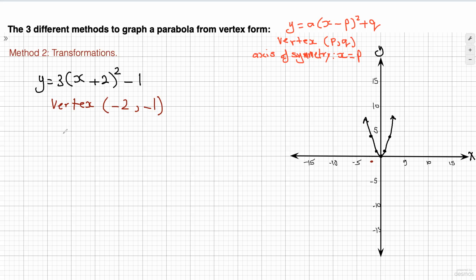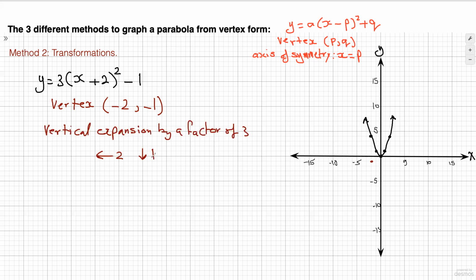Now, what we have here, if we look at this graph and you want to use transformation, this 3 here means a vertical stretch or expansion by a factor of 3. So basically multiplying all the y coordinates on every point by 3. And then the graph, if you look at this, x plus 2 means the graph moves 2 to the left, plus 2 here inside the brackets means 2 to the left, and -1 outside of the brackets means the graph